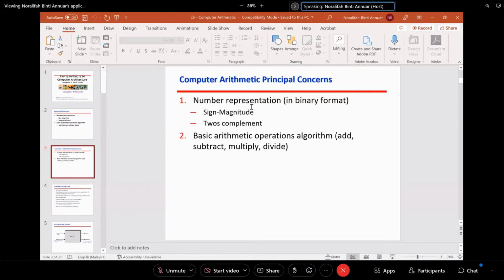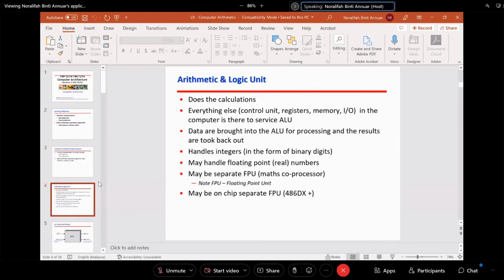The sign magnitude means the leftmost bit represents whether it's a negative or positive integer. Then we do the two's complement. I will explain using examples, so it's easier to understand. All the examples are taken from this lecture note. We try to finish maybe 10 or 15 minutes before 3, because I have a meeting at 3